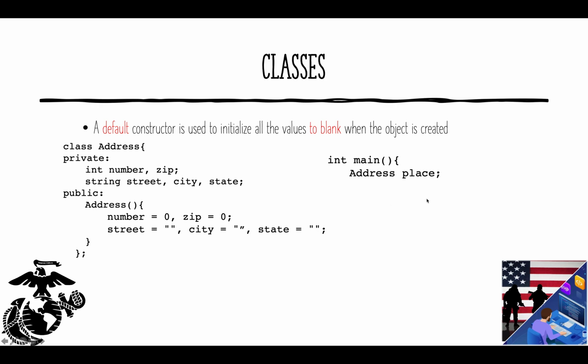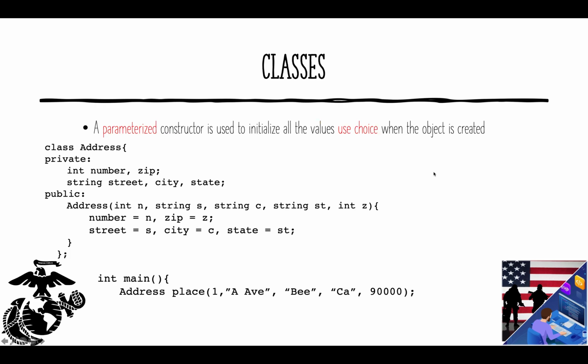So the reason is when this object is created, even though it has no values, we need to explicitly tell each value to be nothing. So that is the reason for the default constructor. Again, the default constructor gets called when no parameters are available. This is what's called a